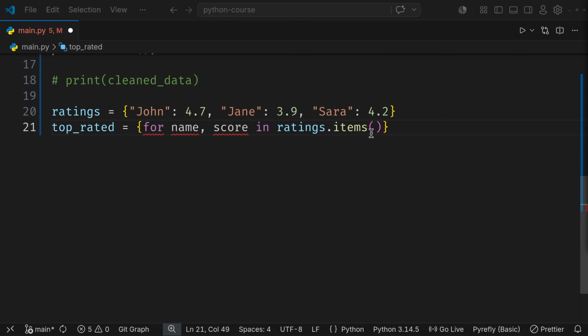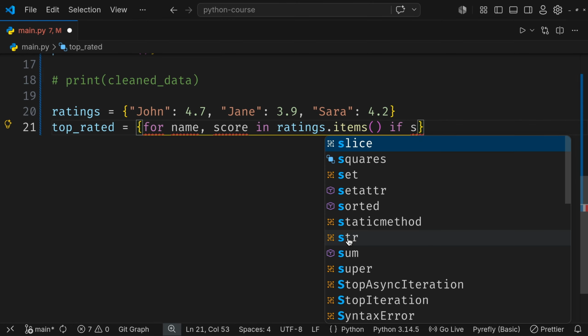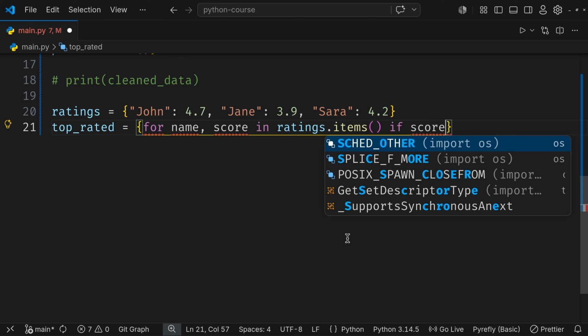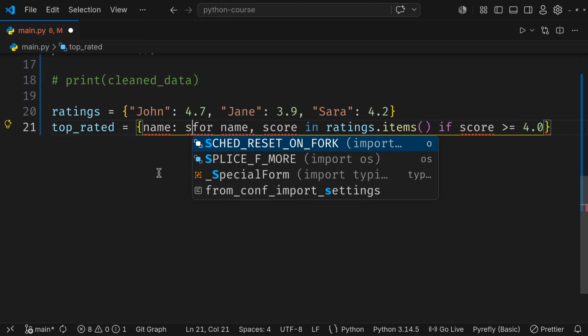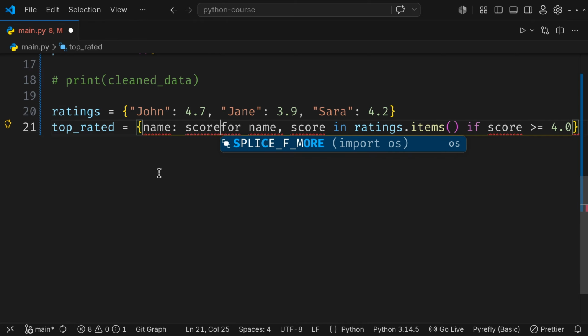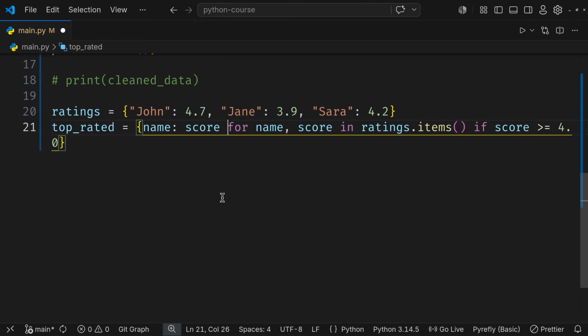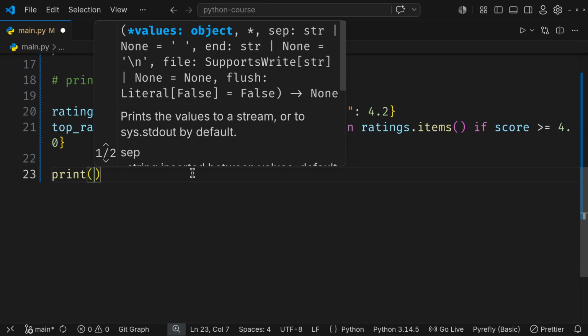And here what we want to have is if score is greater than or equal to 4.0. All right, now we are not done yet. What we have to do is add the new key-value pairs, so name colon score. I hope that makes sense. Now if I just print the top_rated,